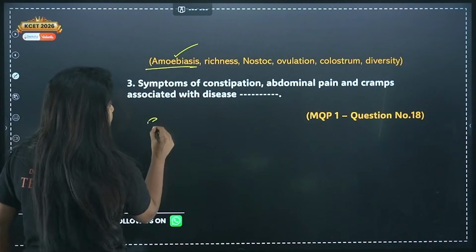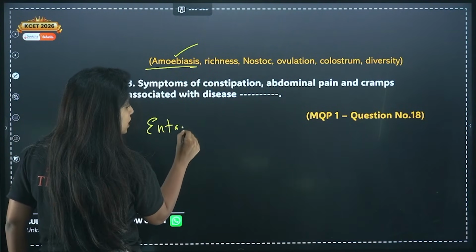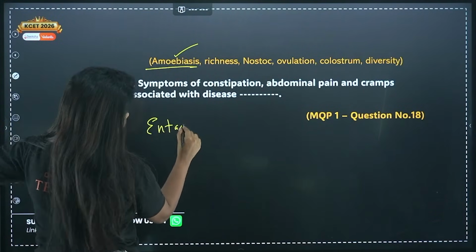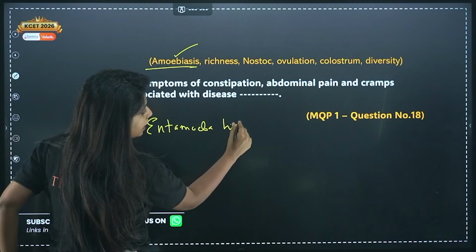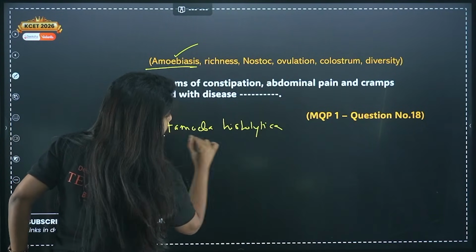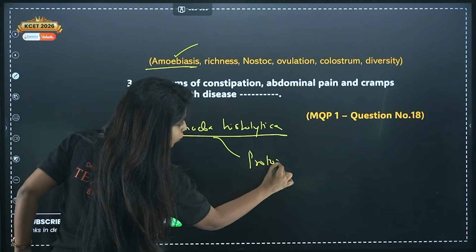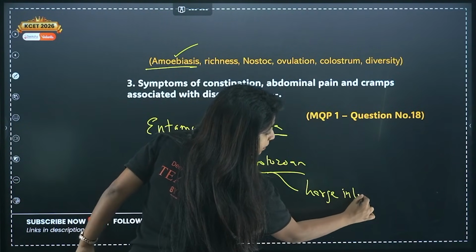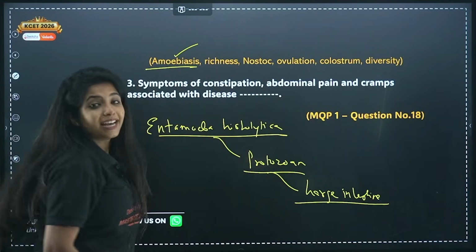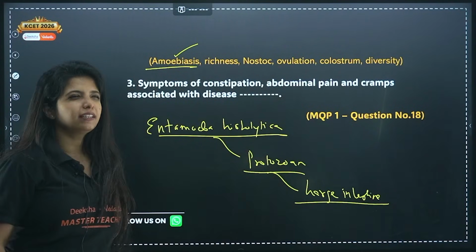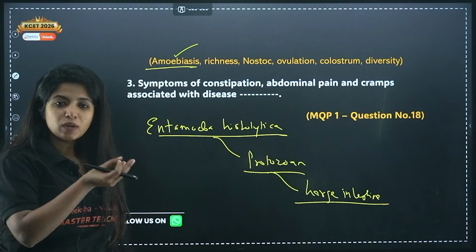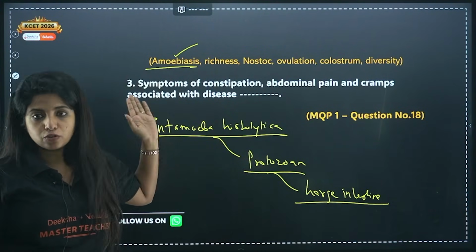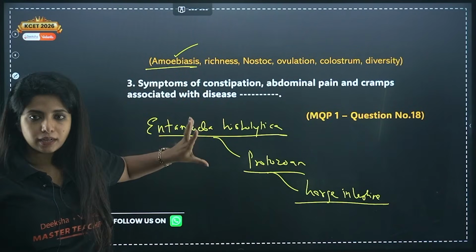It is caused by a protozoan whose name is Entamoeba histolytica. Histolytica. It's a protozoan. And my dear children, basically it affects your large intestine. And the major symptom which has not been mentioned over here is dysentery. Dysentery means when blood also comes with the stool. So in this case, my dear children, people have dysentery also. That is why it is known as amoebic dysentery as well.